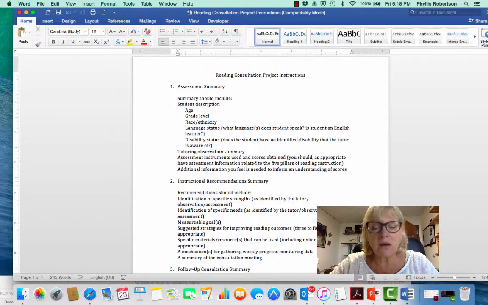Also, you can go to easycbm.com, EasyCBM, as in curriculum-based measurement, easycbm.com. There are all kinds of resources there that you may be able to use in assessing phonemic awareness. And remember that the most important phonemic awareness skills for you to look at are blending and segmenting of sounds.